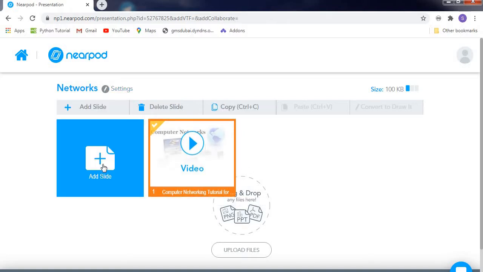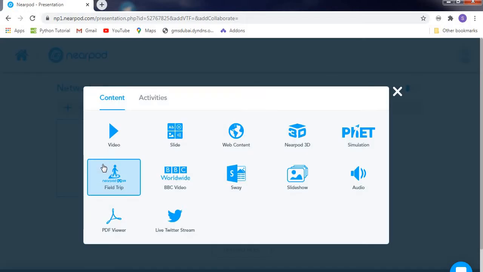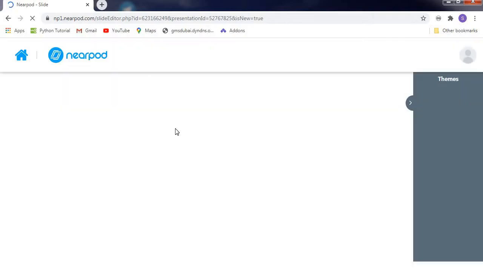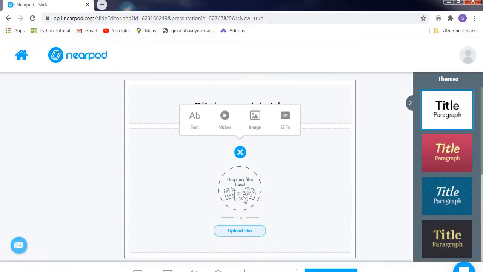So again I am going to create a slide. Here you can see you can create the slide itself, the normal slide, how you are going to present the presentation and all things can be prepared here. Or you can upload slides from your desktop with images, videos, or whatever it is. Here itself you can select the themes and all things. It is possible here. So I am just not doing this one.